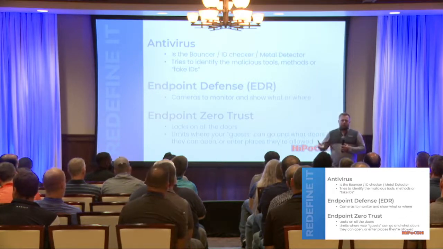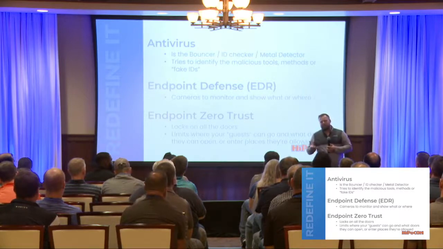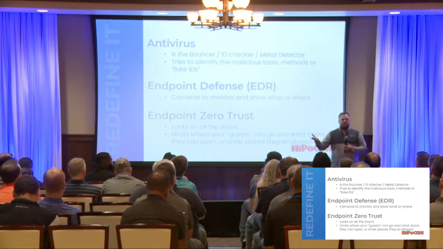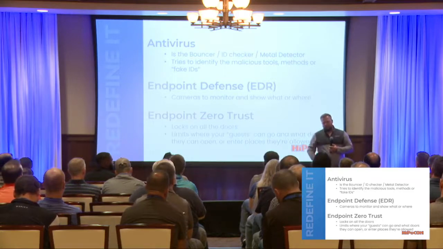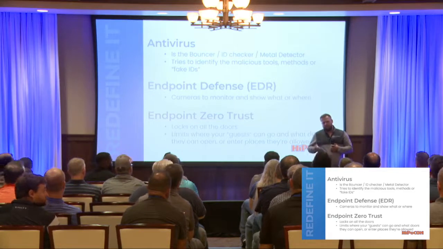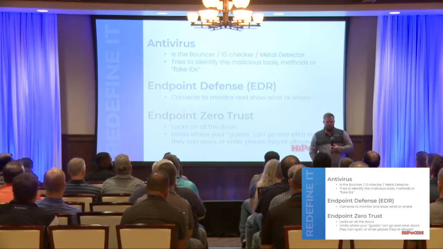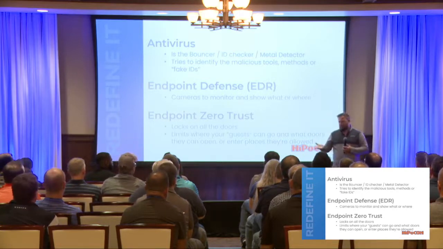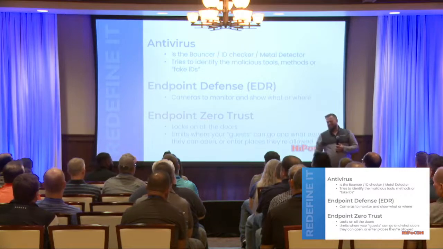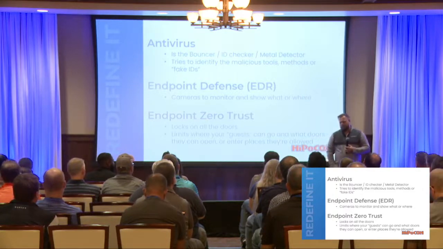But we're defining what doors they can open. They might be able to go to the bathroom. They might be able to go to common areas, but they can't go to your den. They can't go to your bedroom, etc. So that's where endpoint zero trust comes in. We can lock those doors so they have access to what they need, but not to what you don't want them to access. I like how ThreatLocker, I believe, is allow what you want, block everything else. Is that correct? That's the way you want to think about how endpoint zero trust would help secure your environment.